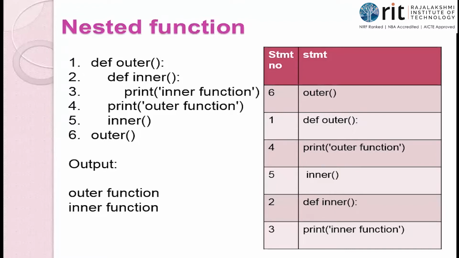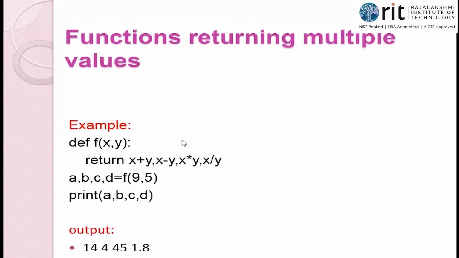Okay. One important advantage in Python is I can return n number of values. So all these days, you would have learned about functions with the return statement. Return statement is optional. If you want to have a return statement, you can have it. I've already told, if your function has a return statement, that particular function will be called a fruitful function, isn't it? So these are the basics that we have learned. We have seen the different prototypes also, different models using which we can write functions in our program.